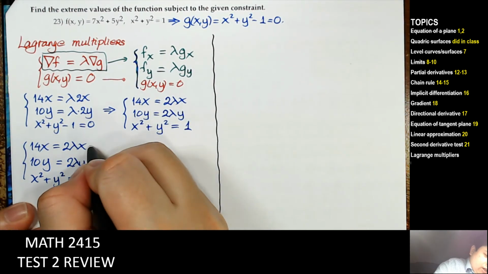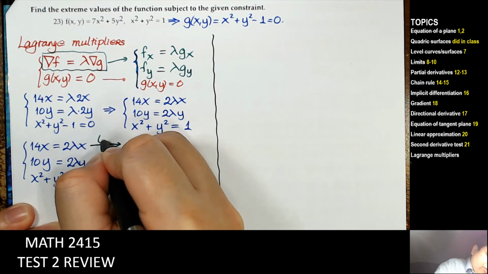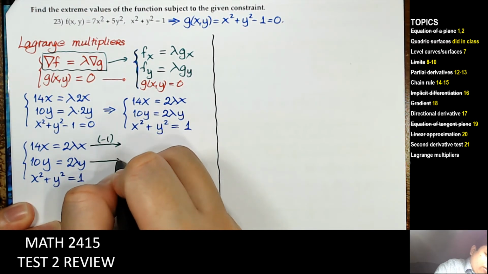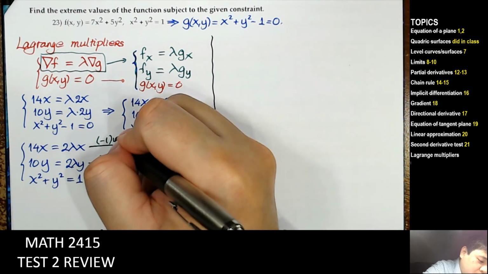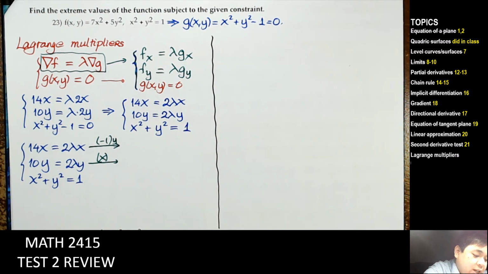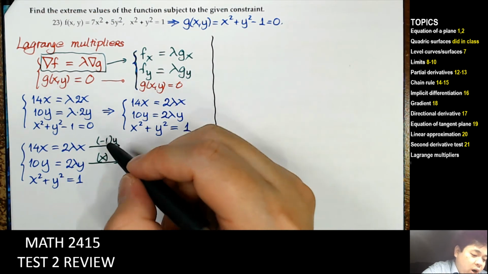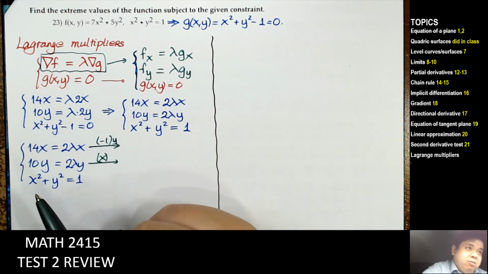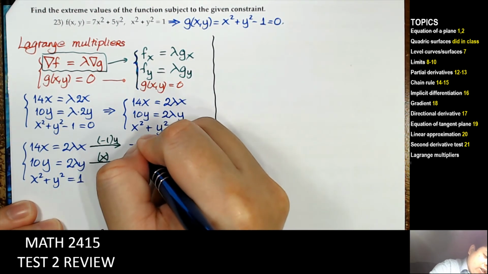I multiply the top equation by negative y, and the second equation by x. In that case, both of them have 2 lambda xy, but the top is negative and the bottom is positive. So that's good. Multiplying by negative y, we have negative 14